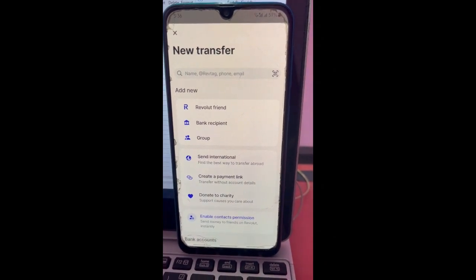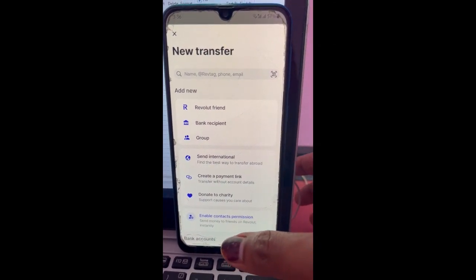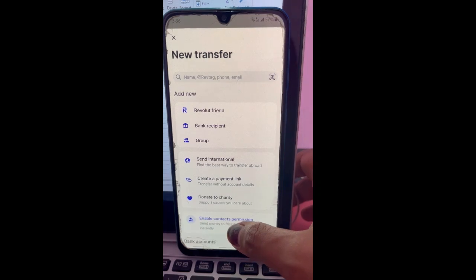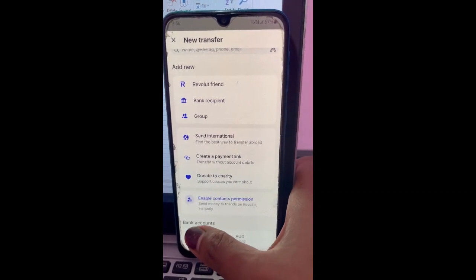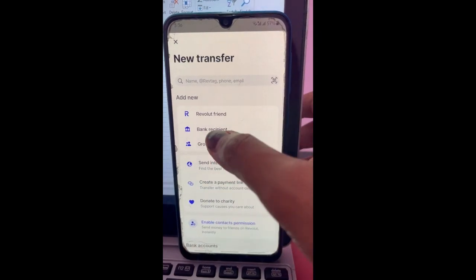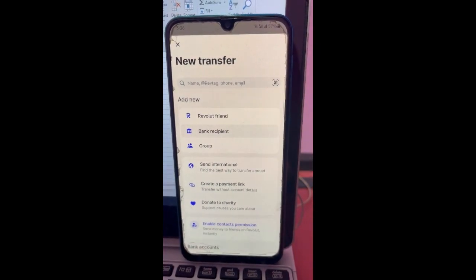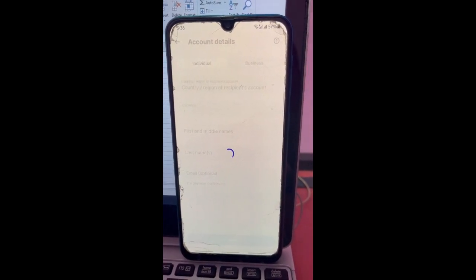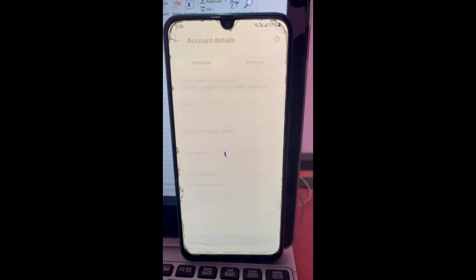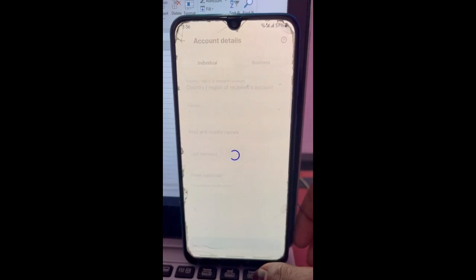So here, if you want to send it to a bank account, you can either send it to a bank account that's already been added, and you will see those details under bank accounts, or you can add a new bank account. Click on bank recipient and then add the details of the bank account that you want to send the money to. You can do that, or else you can simply go back,